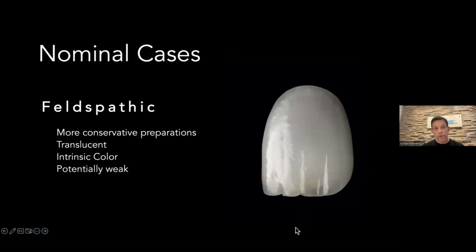Okay. So in your normal or nominal cases, feldspathic is the way to go. You're going to be forming a more conservative preparation. Your material is quite translucent, and you'll be able to build the color intrinsically. The problem is it's potentially weak, and you never want to have it more than 2 millimeters of incisal edge